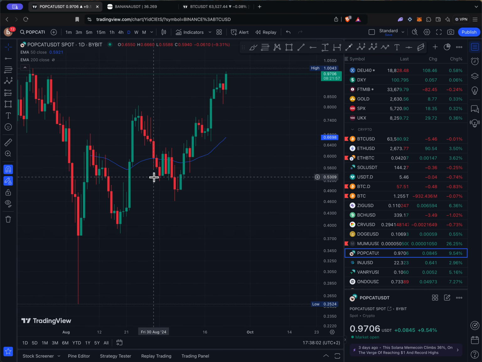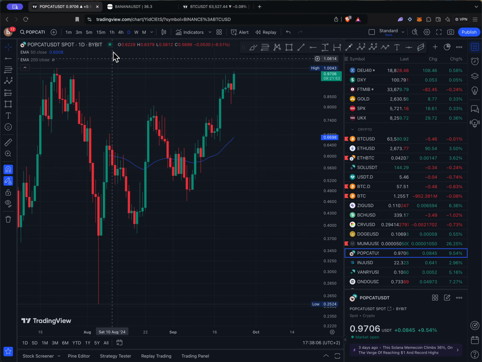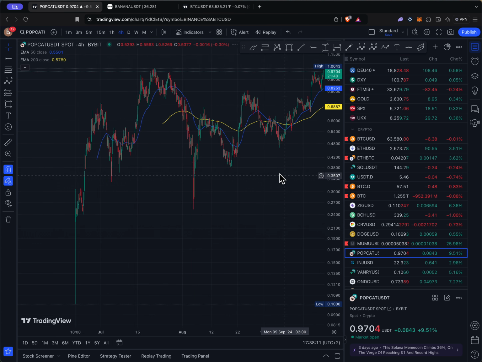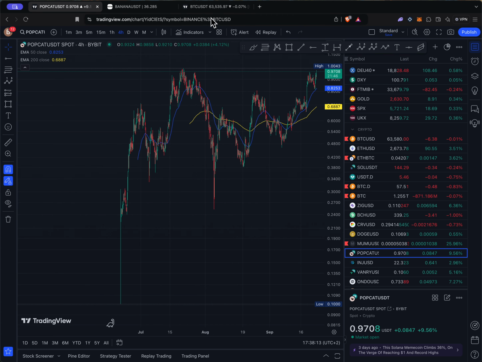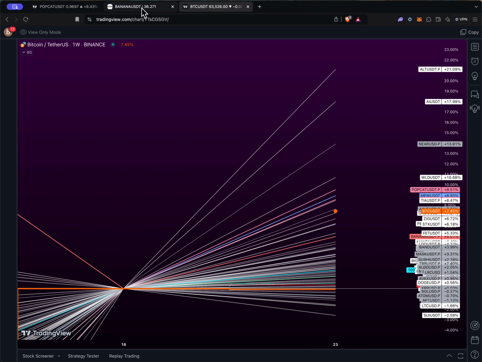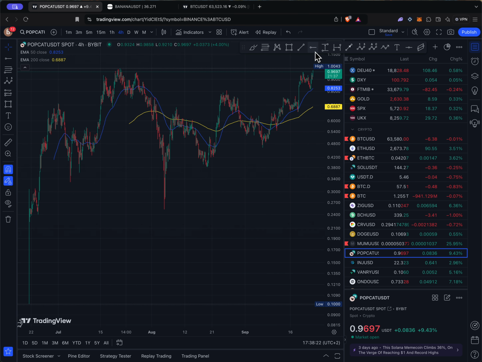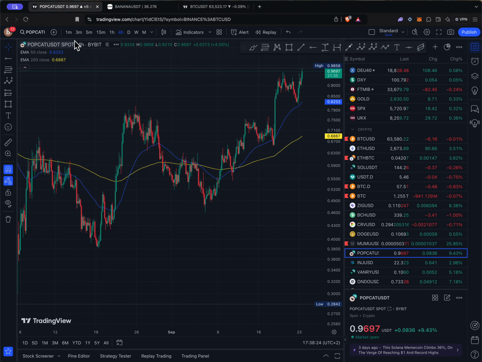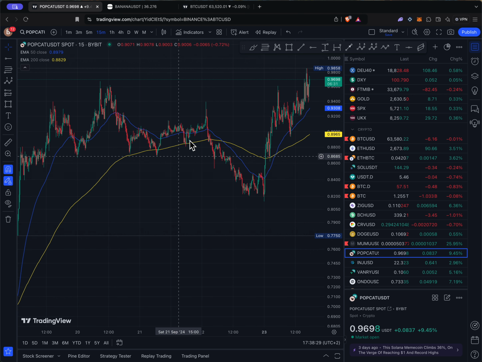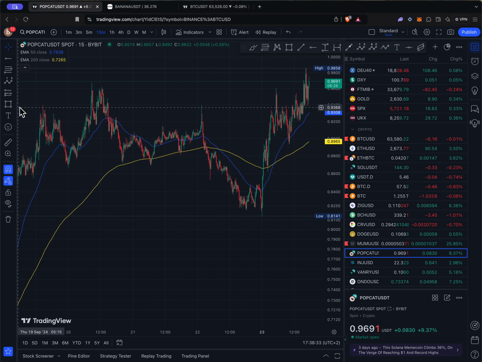And then let's go just back here. 4 hour. So we see that this coin right now, it's overperforming. It's overperforming in a way that is looking for price discovery. It's going towards price discovery. So in here, lowering the time frame, I can go and seek for a potential entry, and we can find